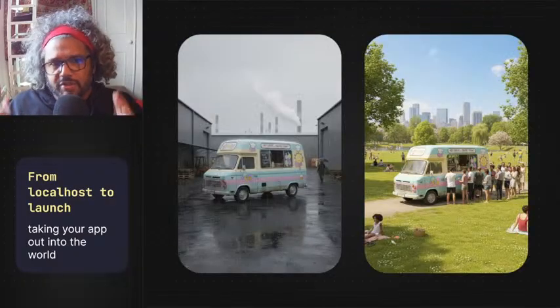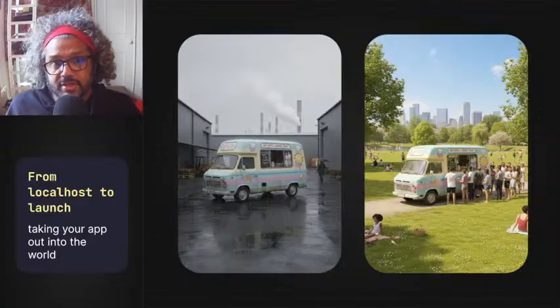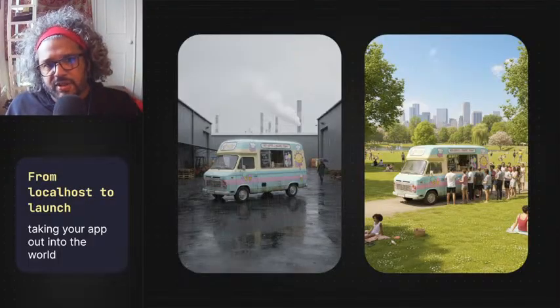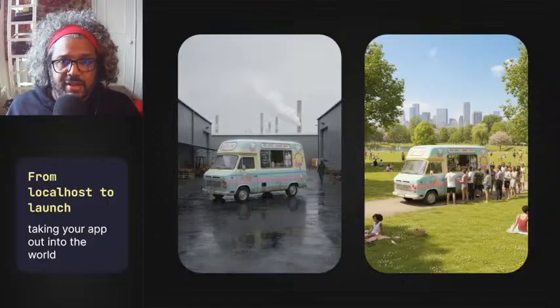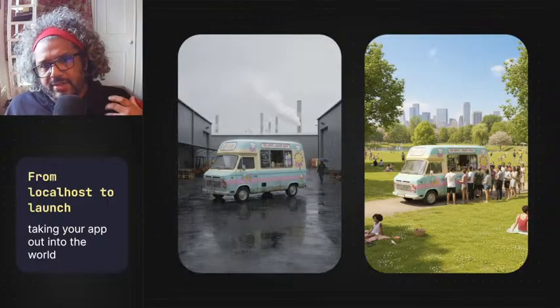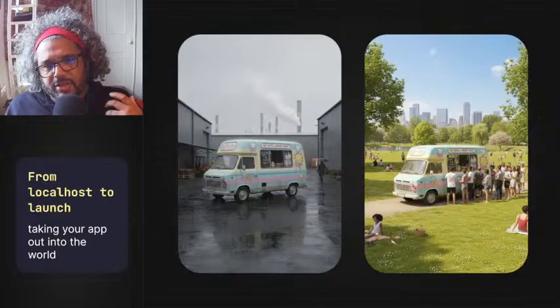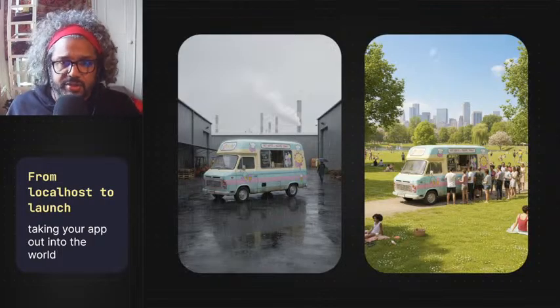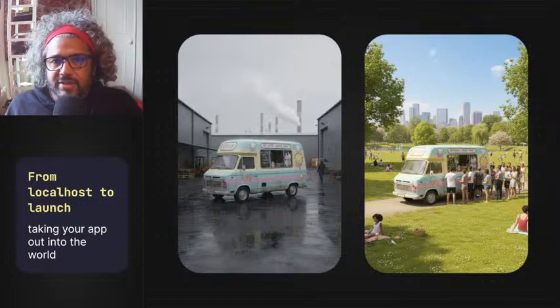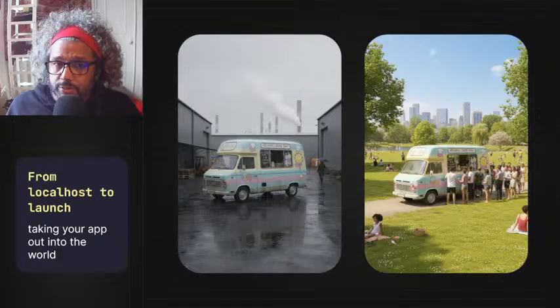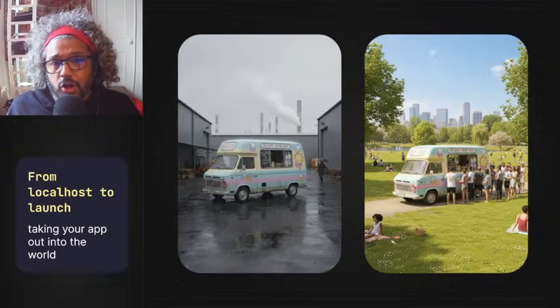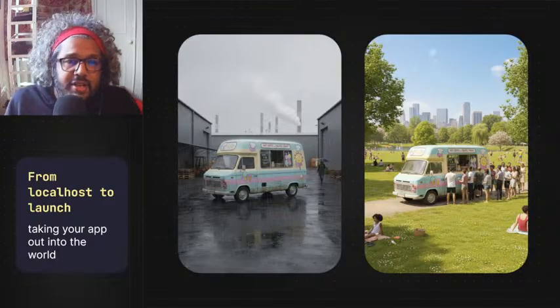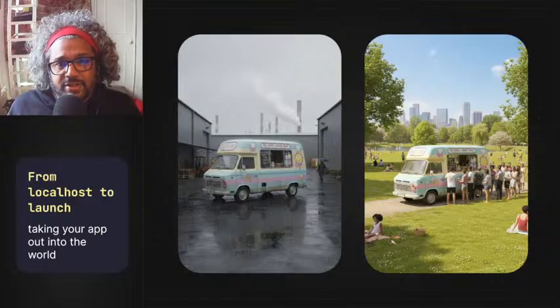You own an ice cream van and you have 2 choices. You could drive that ice cream van to the middle of an industrial estate where it's rainy, it's cold, it's the middle of winter, nobody's really there. Or your other option is to drive to a park on a hot summer's day filled with people sunbathing. Which one do you choose? Well, it's obvious, it's the second one, right? And the answer of why is simply because you'll sell loads of ice creams.